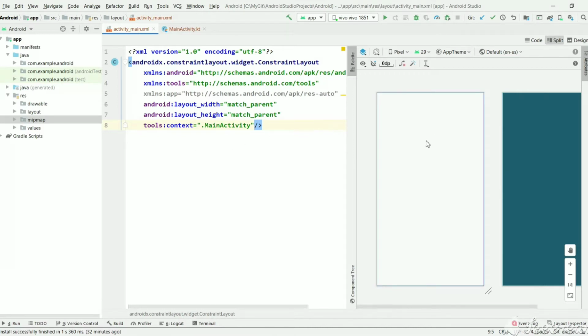So we just need those elements, and in order to develop easily, let's use a linear layout. So linear layout is useful to display the elements in a single line, either horizontally or vertically.